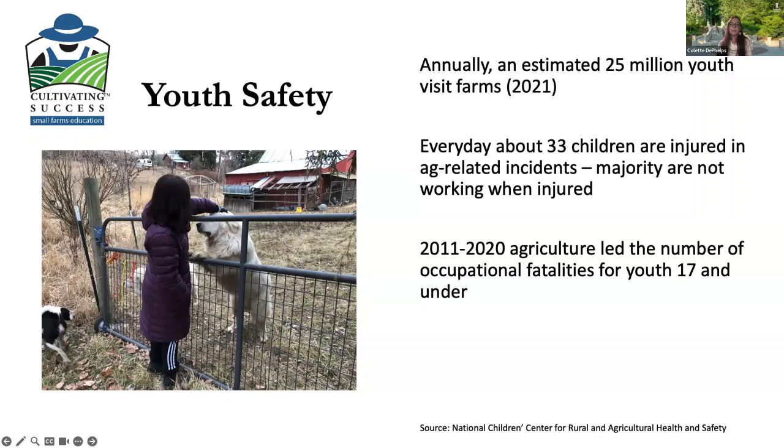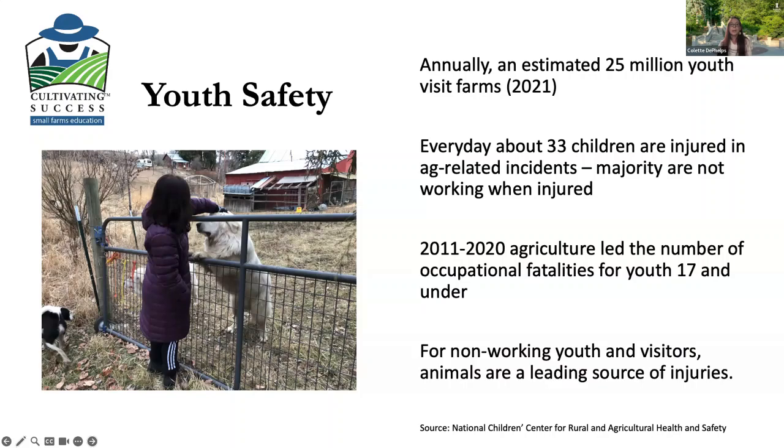Between 2011 and 2020, agriculture led the number of occupational fatalities for youth 17 and under. And for non-working youth and visitors, animals are a leading source of injuries. So as you saw in the last two slides, animals are so attractive and often extremely engaging. However, your animals are used to you and not to your farm visitors, and so they can be a source